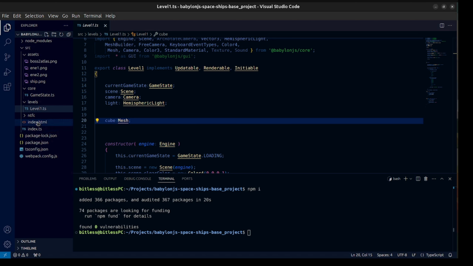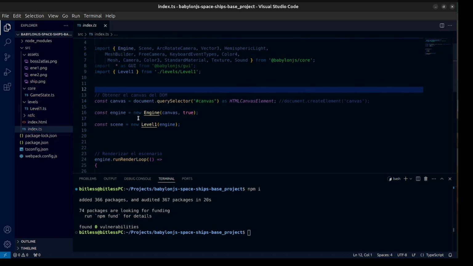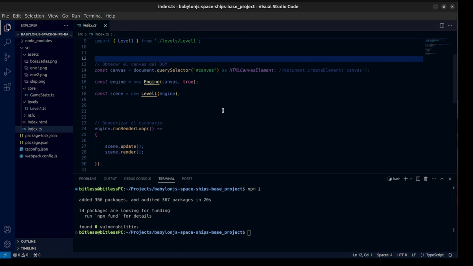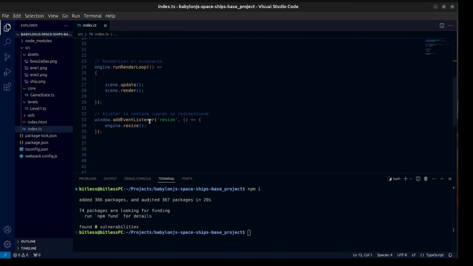You can also see that we have the index.html and the index.ts, right? In this case, I'm not going to put all the code in the index like in the previous game, but it will be a little bit different. This video is about how to set up the project correctly, and if you want to know if everything is working fine, just execute npm run start,